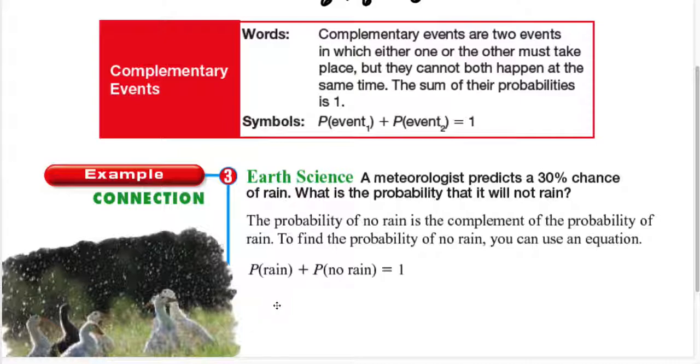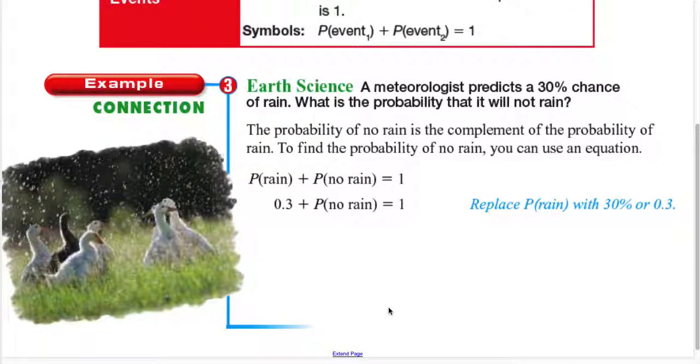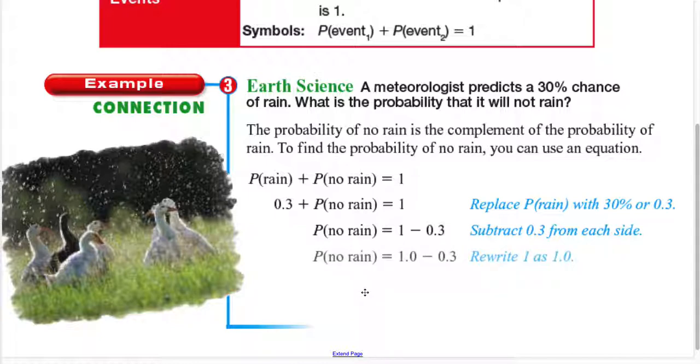And we know that the probability of rain is 30%, plus the probability of no rain, which we don't know, is equal to 1. And then we solve a one-step equation. We subtract both sides by 0.3. So subtracting both sides by 0.3, we now have the probability of no rain will be 1 minus 0.3, or 0.7. So the probability of no rain is 0.7. We convert this into a percent. So the probability of no rain is 0.7, or